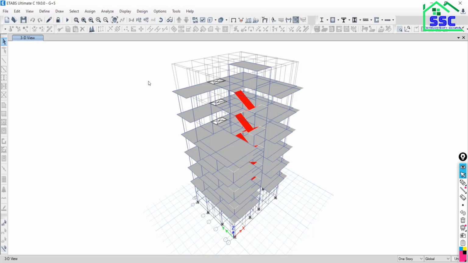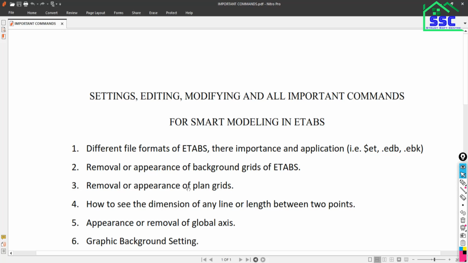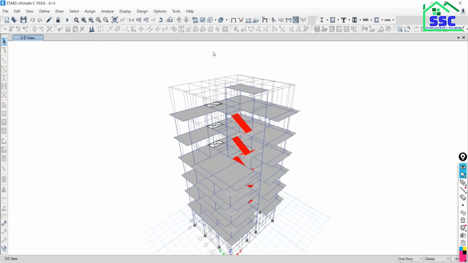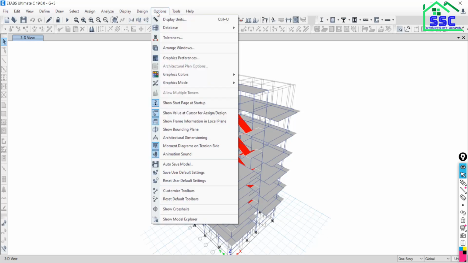Understand, sir. Okay, now the next point. I'm interrupting the continuity to discuss another thing: how to adjust the quick access bar and set the quick access bar shortcut commands. How to do this? Just go to Option and go to Customize Toolbars.